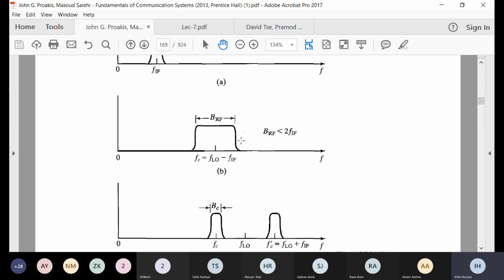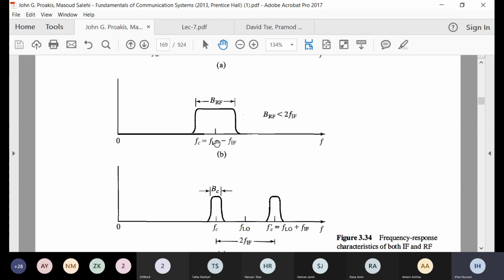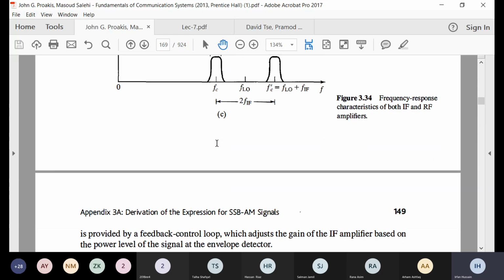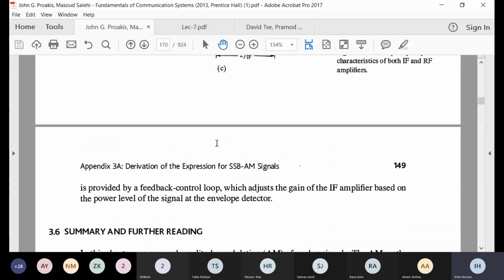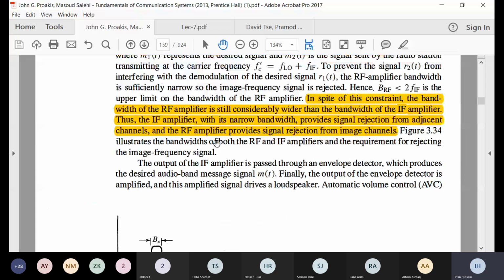And this is at the maximum, this will be just about FIF. So hence this frequency will be rejected by the amplifier of radio frequencies. Then you have the envelope detector, the power goes through a loudspeaker, and you have automatic volume